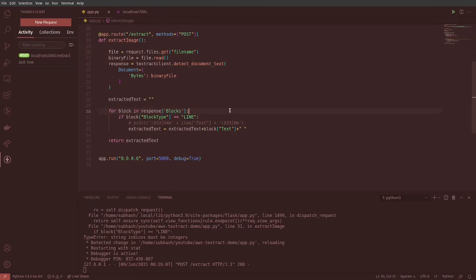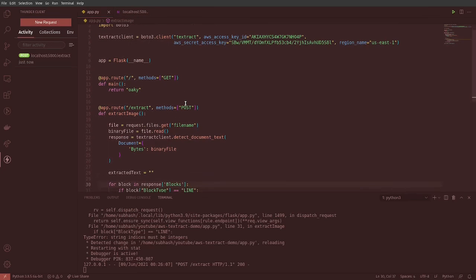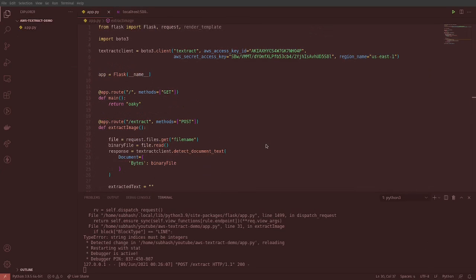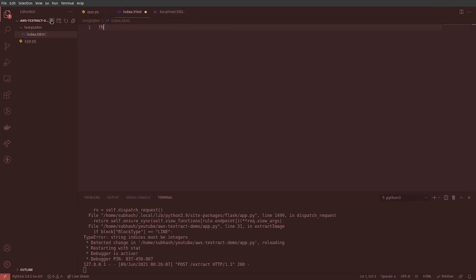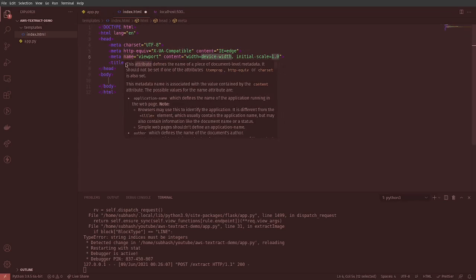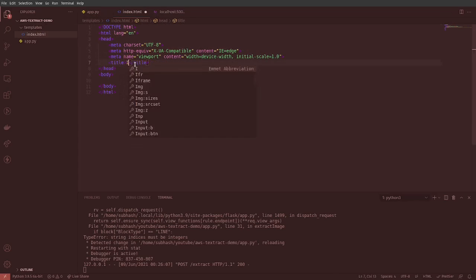Now what we need to do, let's try the same with the HTML file. So now we have to create one HTML file in template folder. So let's create the folder first. It will be called templates, okay, and one HTML file. So I'm going to put index.html, like the HTML file, title, so image extractor,